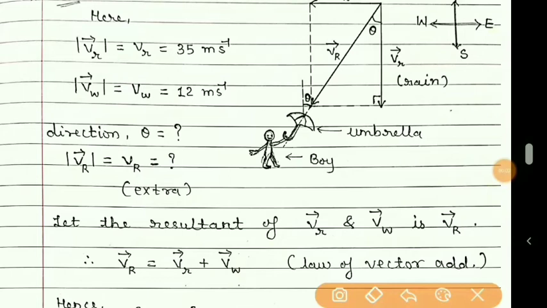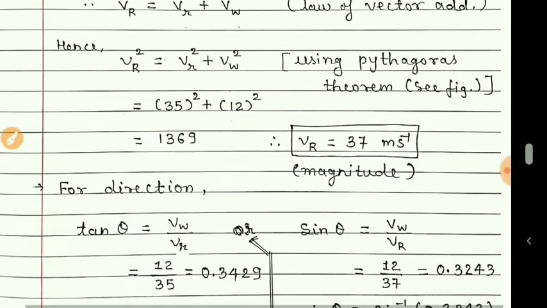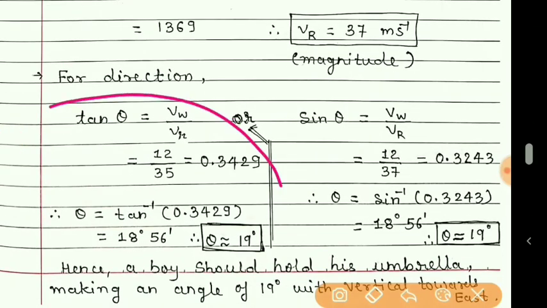So students, here we obtained the magnitude of the resultant rain as well as the direction. Actually, this magnitude is not asked in this question. So when this is not asked, you can directly use this and you will get the answer. No need to find the magnitude.